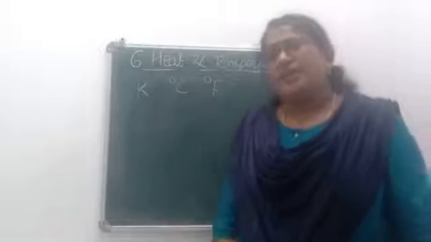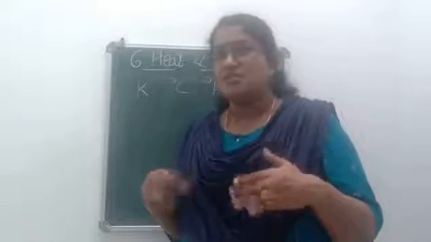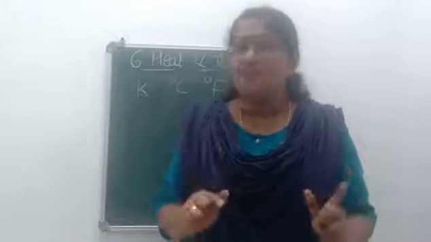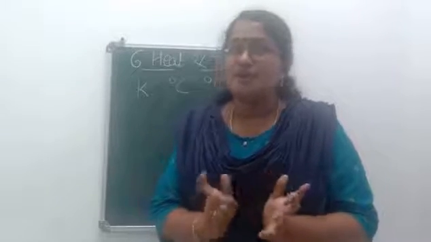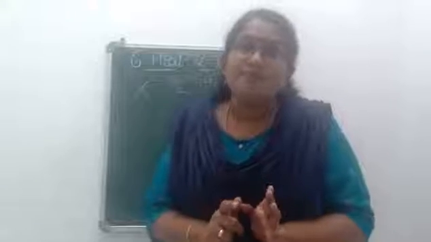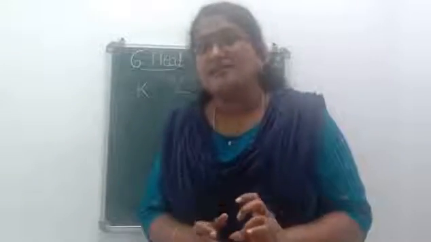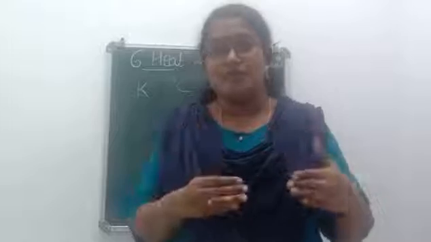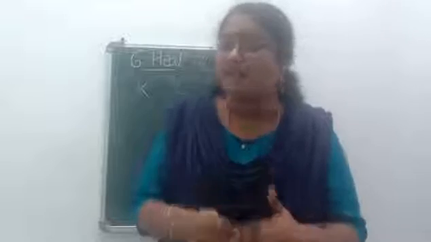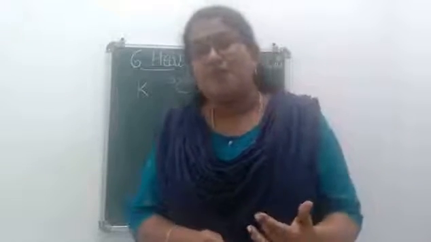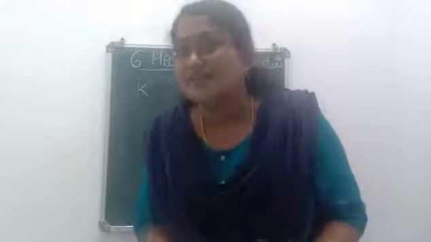Now, when you are considering the 3 different scales of temperature, that is 3 different units, you have to consider the lower fixed point and upper fixed point in each case. So, do you remember what is LFP and UFP? LFP means it is lower fixed point and UFP means it is upper fixed point. That is, when we are taking the measurement, we will be giving an LFP and UFP. Lower fixed point is generally taken as the melting point of ice and upper fixed point is taken as the boiling point of water. And based on this, we will give the scale.